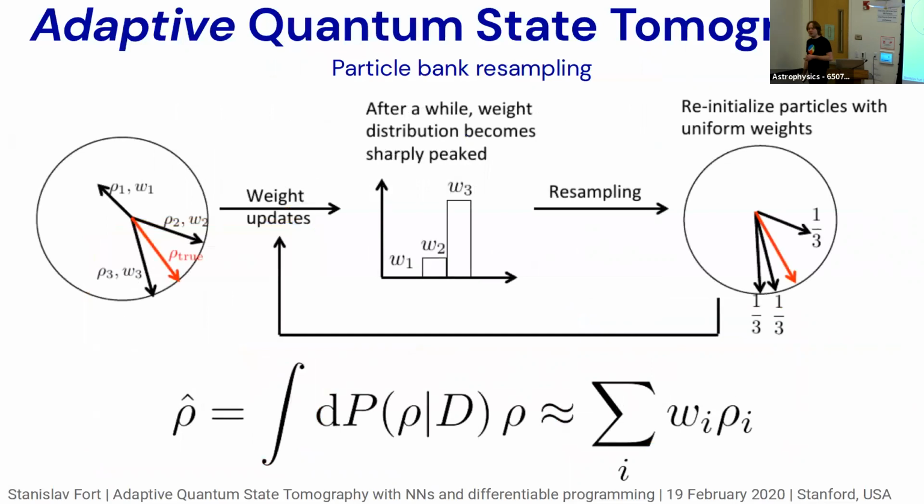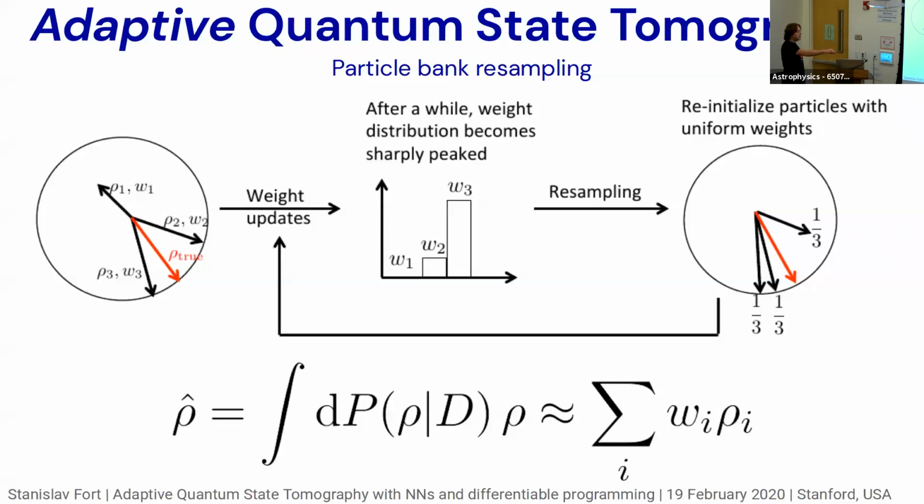Sometimes the distribution actually peaks too much, and then you have to resample the elements of the particle bank, and they do that. So that's another really important feature that we will actually reuse in our algorithm. But the general idea is that you maintain a bunch of states in your memory, and those states have a probability associated with them, and you update these probabilities based on new information you get in, using Bayesian rule, using the maximum likelihood rule,